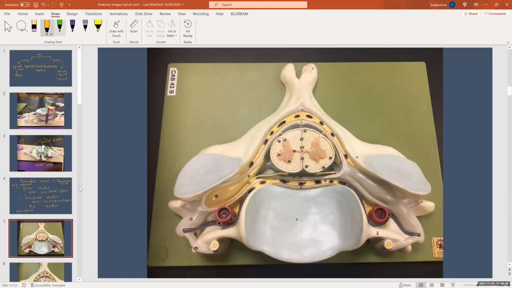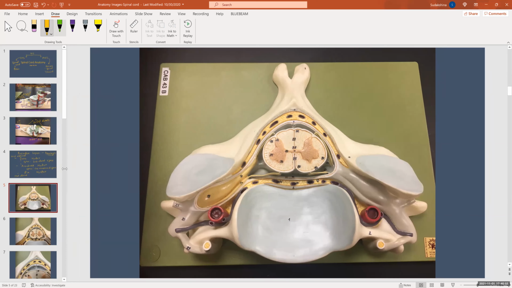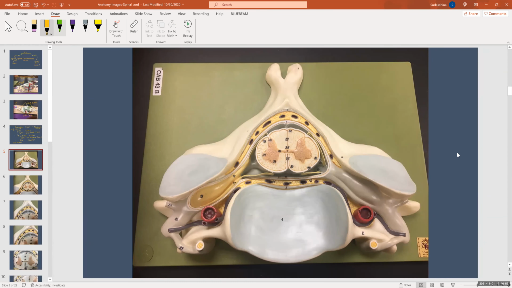So let's take a look at this. Okay. So here we are looking at a section of the spinal cord within a vertebra. As you can see, this is the spinous process. As I said, your goal is to lay your probe on the body of the spinal cord. So if you cut open the spinous process, first you will encounter